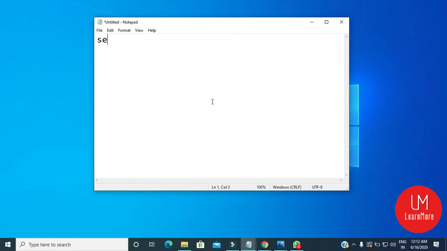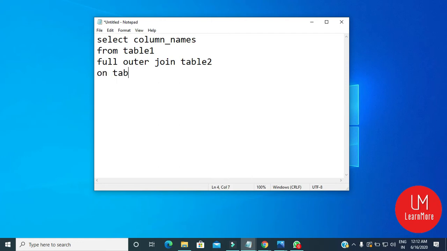We select the column names from table 1, then write full outer join table 2 on table 1 dot column name equal to table 2 dot column name.